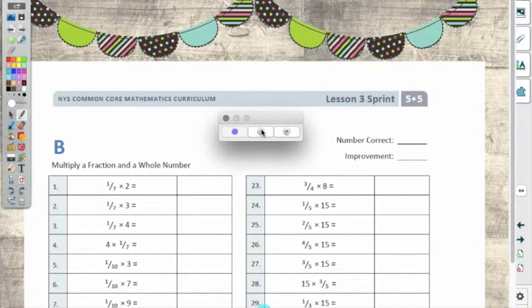Okay, let's do answers for side B. 2/7, 3/7, 4/7, 3/10, 7/10, 9/10, 3/8, 5/8, 2, 10/5 equals 2, 3, 9/3 equals 3, 5, 10/2 equals 5, 6/3 equals 2,